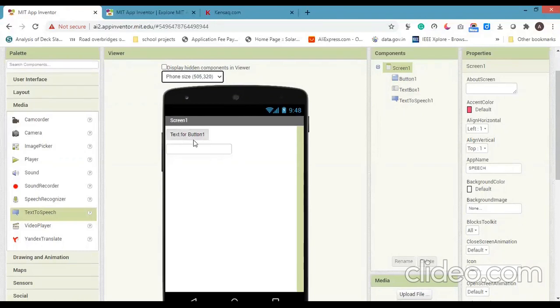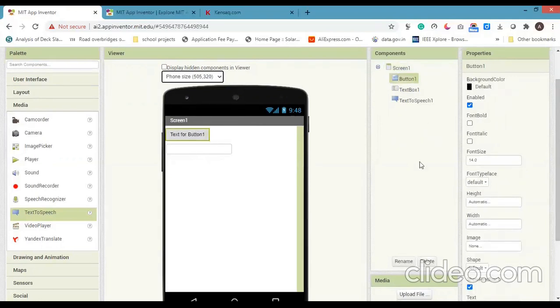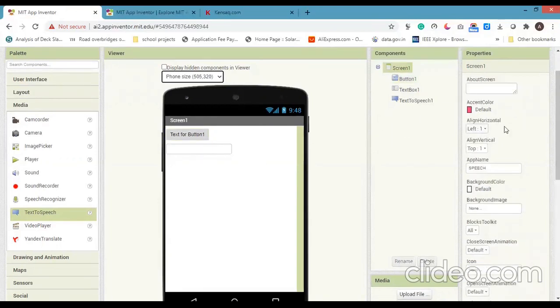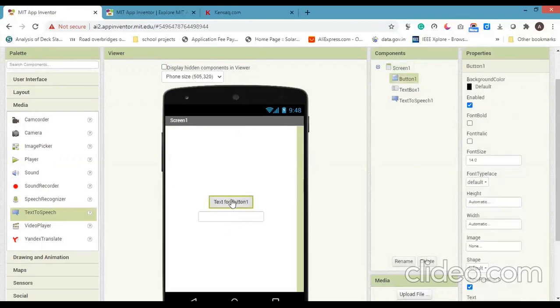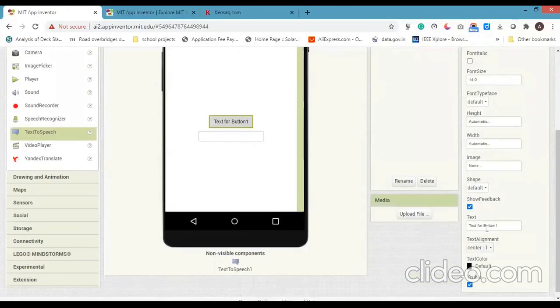Now I am going to design the front end. Click the button. First I am bringing all this to the center of this mobile phone. Center. Click the text box. I am changing the text.